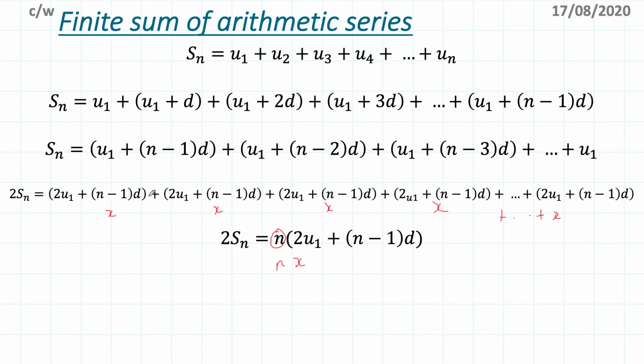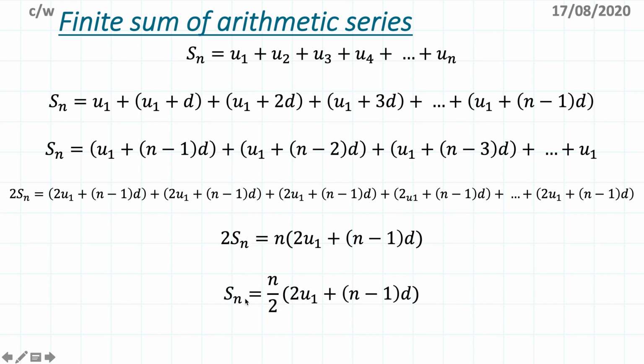So we're repeating this sum, we're adding it n times. The left hand side was 2Sn and the right hand side is n times the sum. So what you end up with is this, and then I want the sum on its own, so I have the sum of the first n terms of the arithmetic sequence is n divided by 2, (2u1 + (n − 1)d). So you can repeat this video, try to understand what's going on, but basically it follows the story of